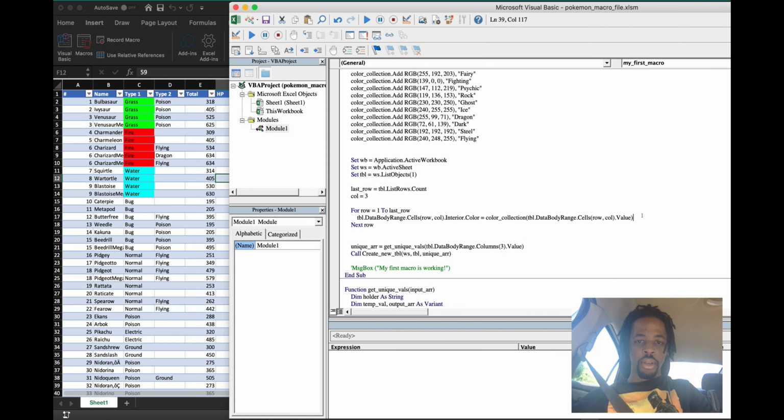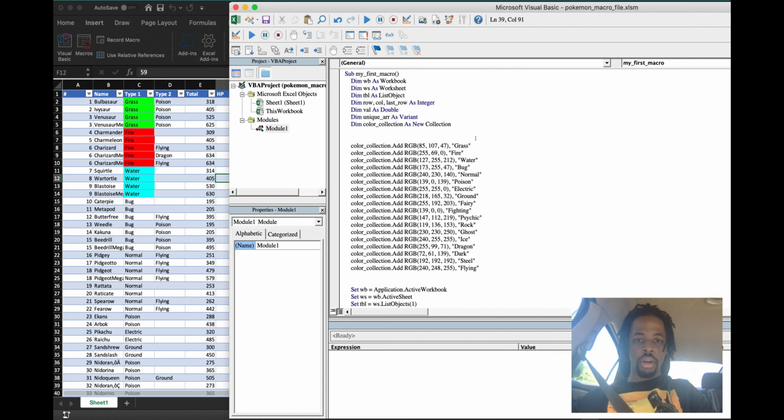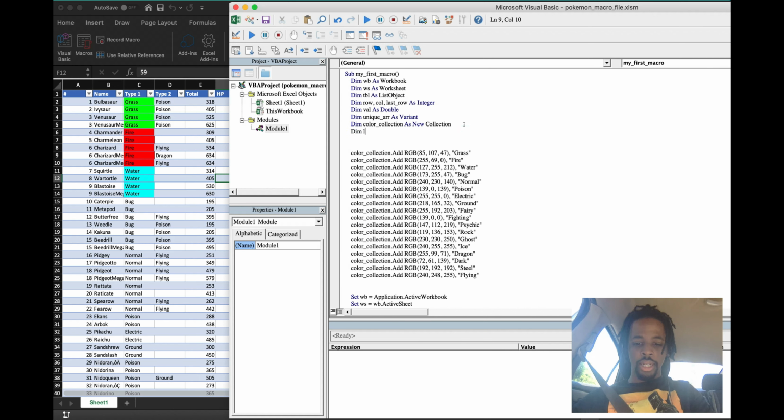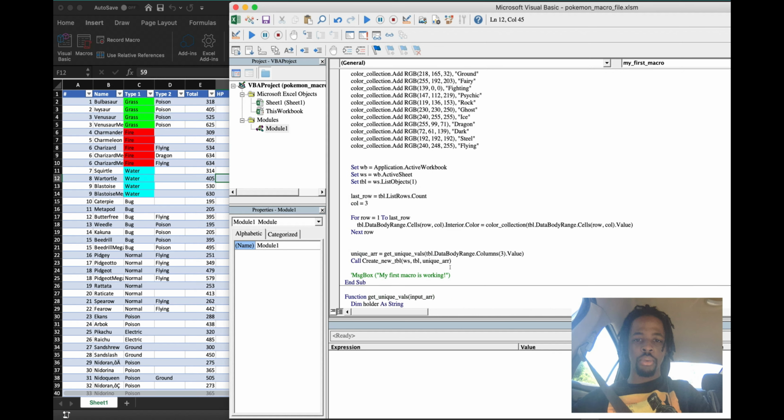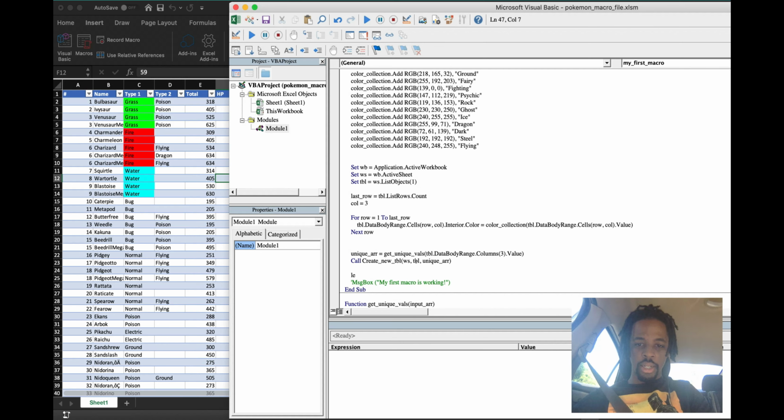We don't need that, and we're going to create one more object, and we're going to call it dim legend. We'll call it legend condition as format condition. Format conditions are real nice. You can do a lot of formatting really quick. So we're going to go down here and we're going to say format legend condition, and we're going to set that equal, but because it's an object we have to say set. Alright, and then we're going to say table data body range